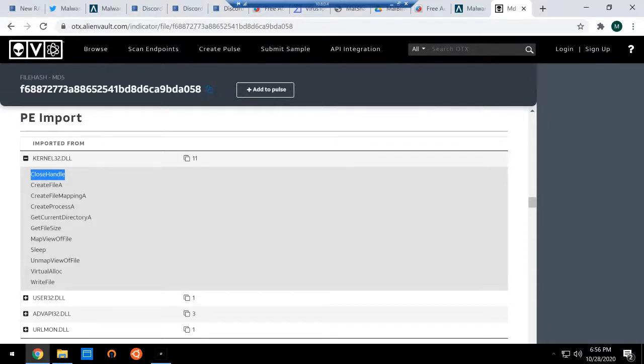Typically the way the program gets these imports is you have the name for the function you want to get, and you use something like GetProcAddress or GetModuleHandle, and it'll return an offset or an address within that binary to the location for